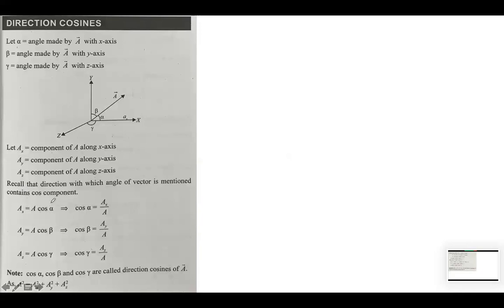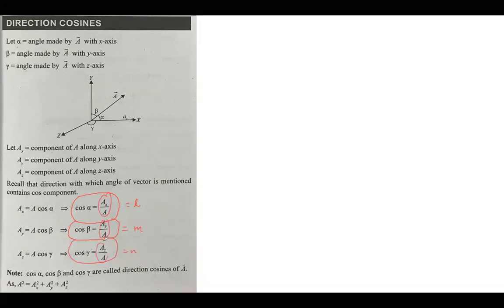Right, now in this question, you have to find the magnitude of P and the direction cosines of P. If you would have noticed here, the direction cosine, let's say cos alpha, is the x component of A divided by the magnitude of A. Cos beta is the y component divided by the magnitude, so this is L, a direction cosine. This is another direction cosine M, and this is the third direction cosine N. So these are basically AX by A, AY by A, and AZ by A, where A is the magnitude, and AX, AY, AZ are the components, right?